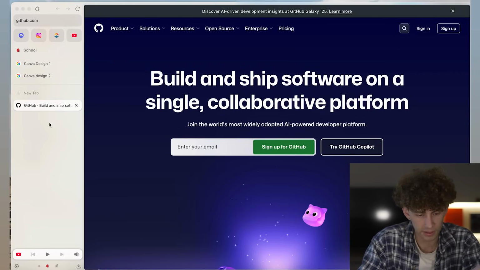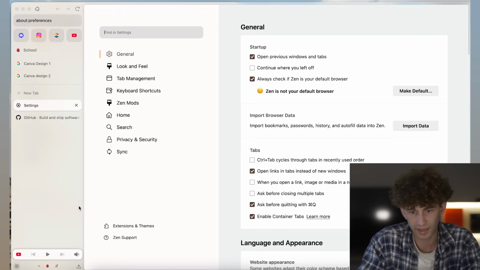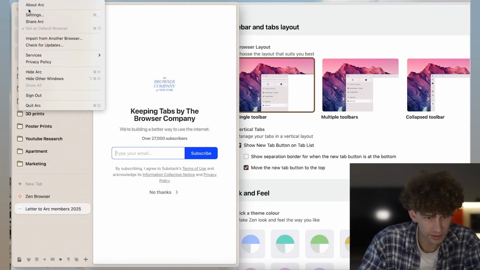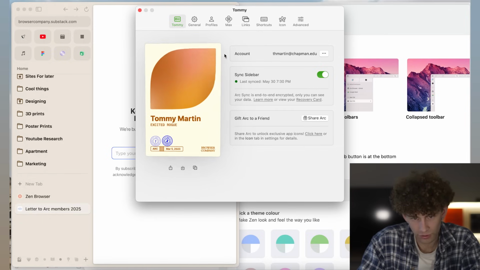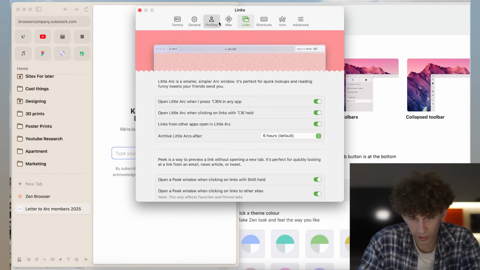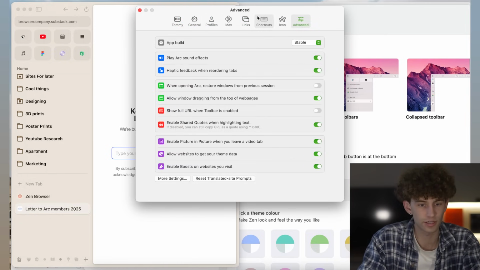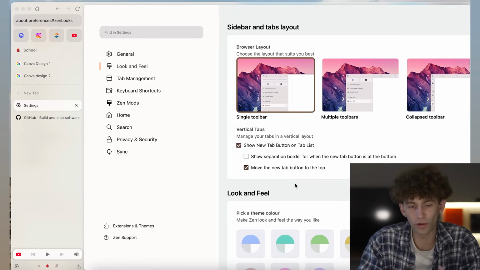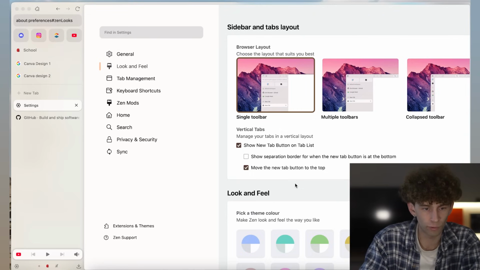Like, it looks a lot similar to how Arc is, but when you go to this backend, this is all how Firefox looks. I think this is really great because it actually is almost better than Arc in some ways, because it has integration to the browser. I don't know how to explain this, but for example, if I go into Arc and I go into the preferences and settings, it has its own page right here where I can customize it, but it's a little bit limited because some of the browser settings are actually in the Chromium setting, if that makes sense. So here, it's all in that Firefox setting,